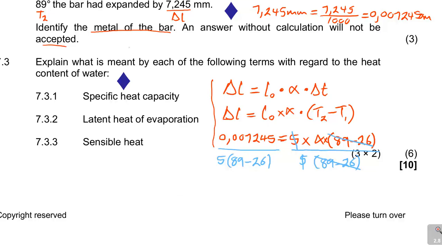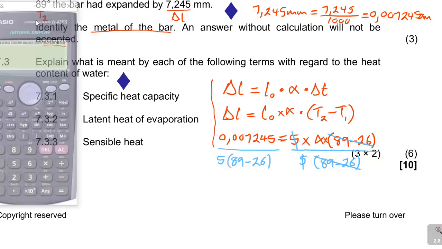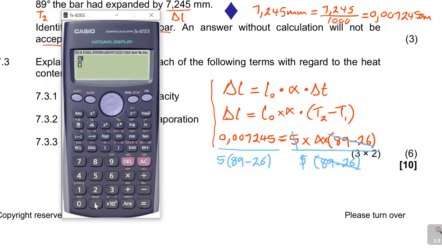So now if I'm going to then use my calculator, I'm going to have 0,007245 over 5 times 89 minus 26. It is going to give me a big number, which is 2,3 times 10 to the power negative 5. So now if I can do the same part whereby I am saying shift setup, I change to fix, which is 6 there, and then to 9 decimal places, I'm going to get